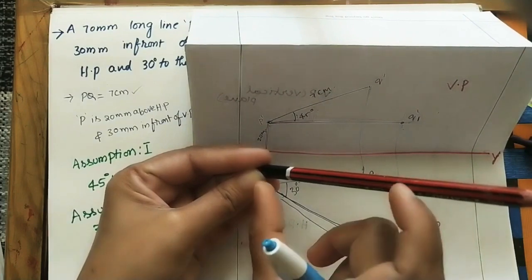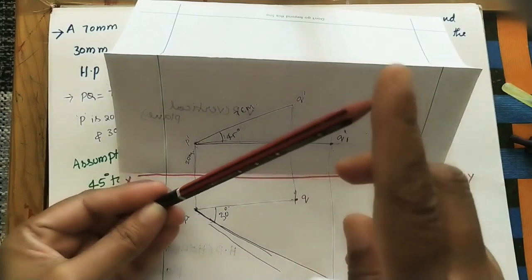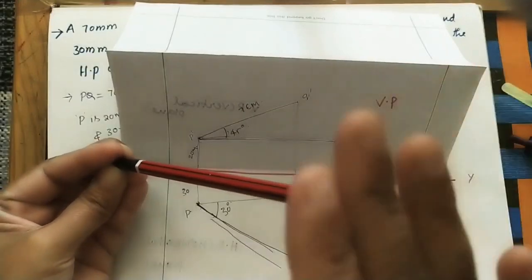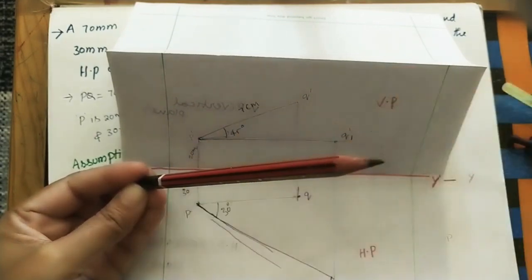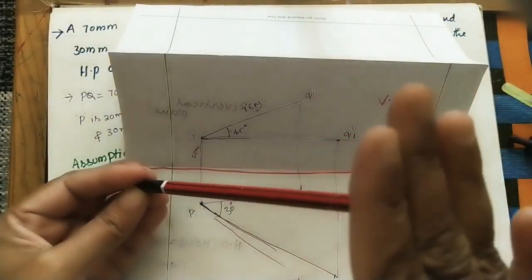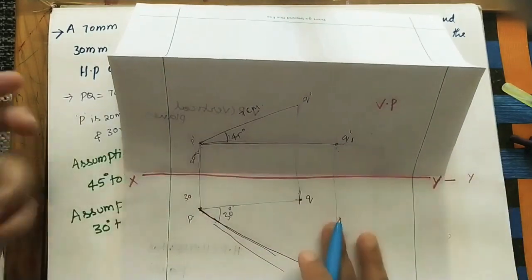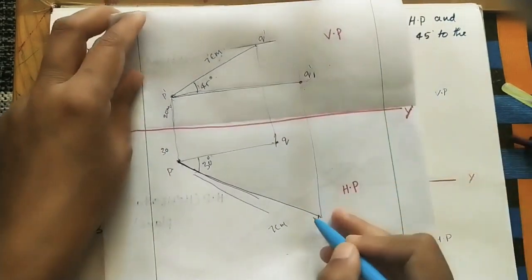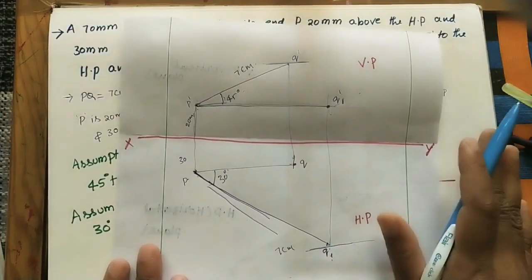For getting the final front view and final top view, I want to tell one thing. This point, in the first assumption we take 45 degrees, again it is making 30. So this corner is moving on the same plane. In all the angles it is moving on one layer. We can call it one plane. Plane means it looks like a line in the front view as well as in the top view. So here I will do one line, the locus of all Q points, here the locus of all Q points in the top view. Same diagram in the sheet for getting the final front view and final top view.